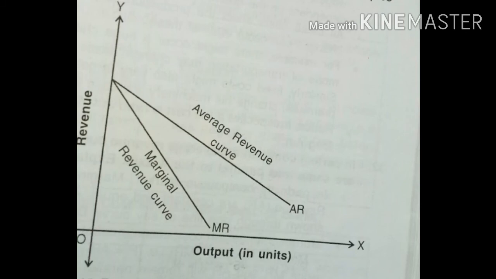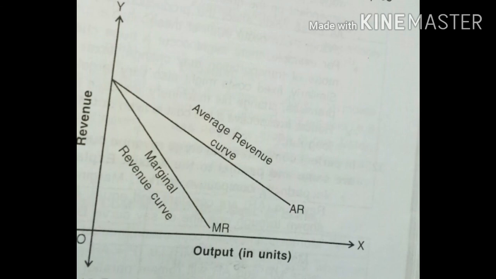Average revenue and marginal revenue with the help of a diagram in an imperfect competition market. A situation where perfect competition is absent is called imperfect competition, or an imperfectly competitive market. Monopoly, duopoly, oligopoly, monopolistic competition, etc. are examples of imperfectly competitive markets. In such a market, the seller has to reduce the price in order to sell more units. This means he tries to increase demand for his commodity by increasing its sales by decreasing the price.